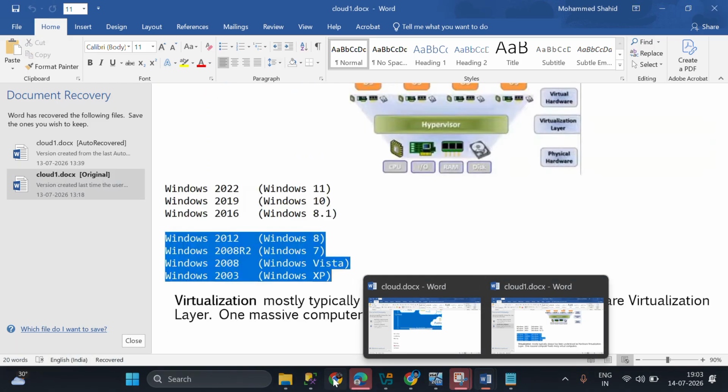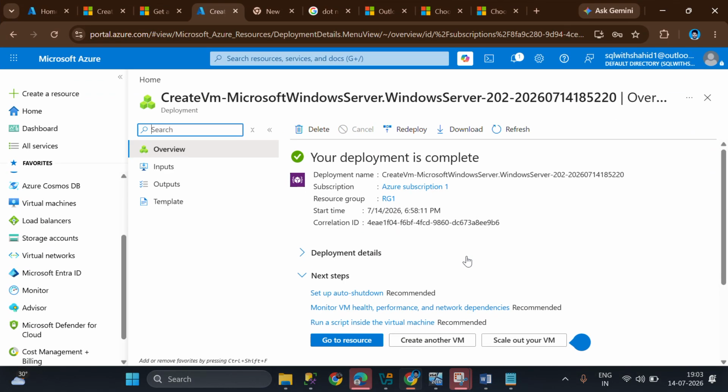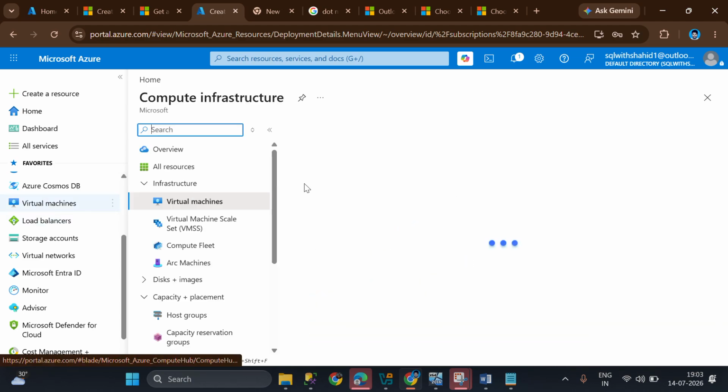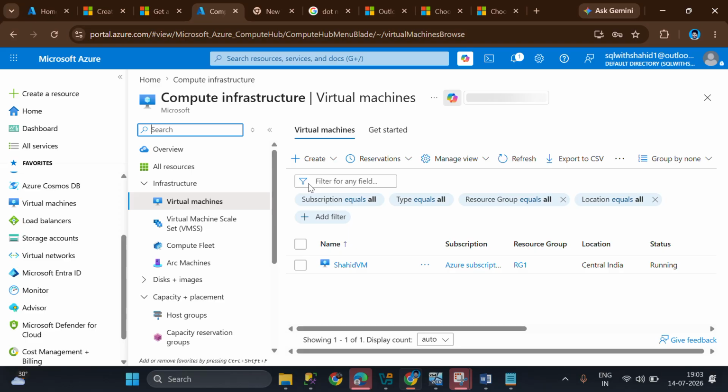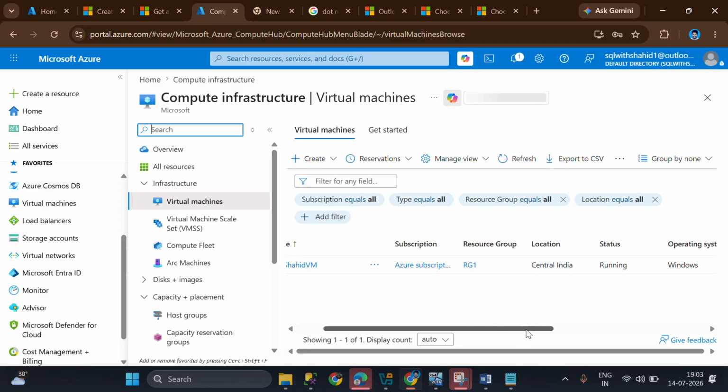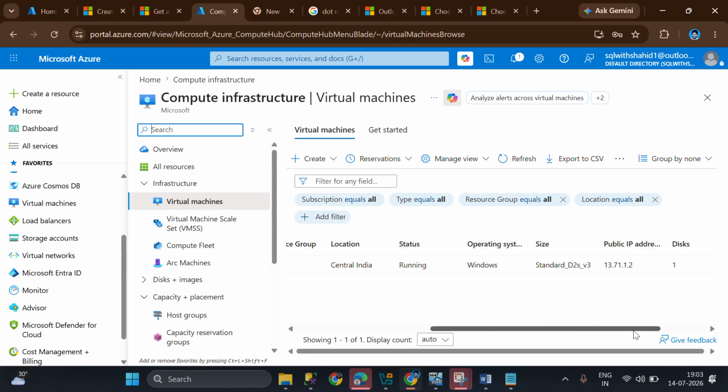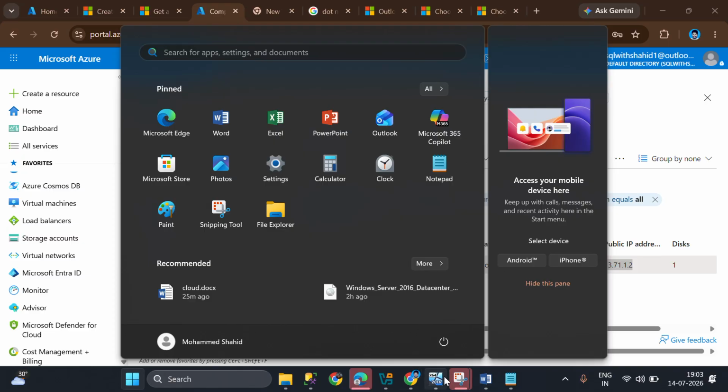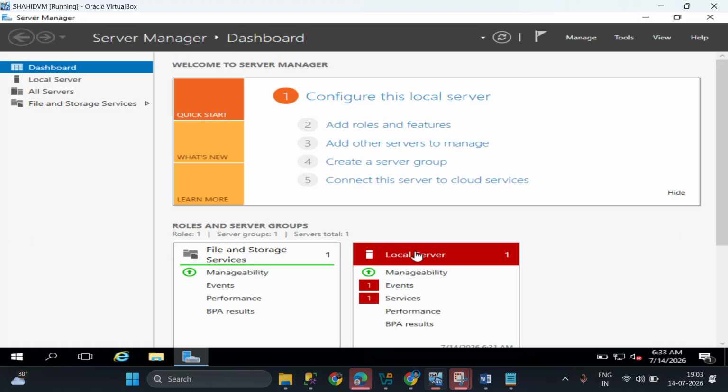So again, I will go to that Azure account. Your deployment is completed. If you go to Virtual Machines, you can connect to that virtual machine by taking the public IP. Here, if you right click, this is the public IP. Same as that, I have connected to this now. This is inside my laptop, consuming resources from my laptop.